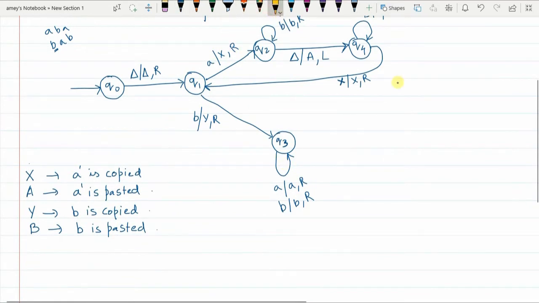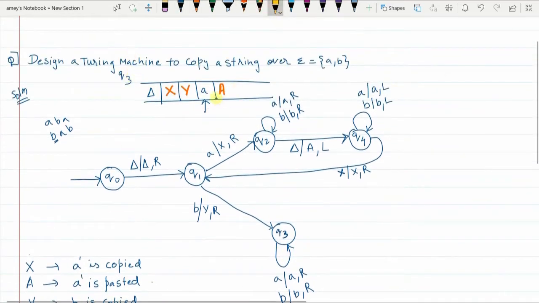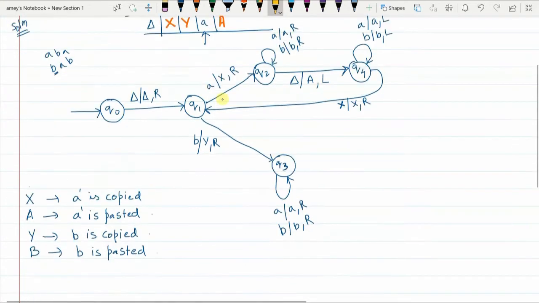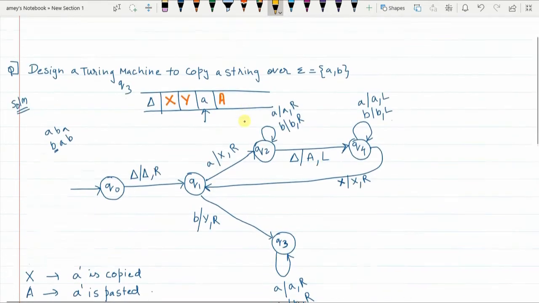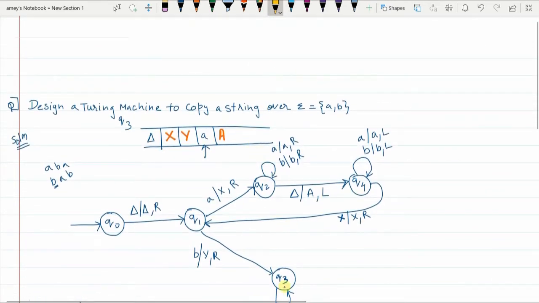So in Q3 state, small a's, small b's, whatever you get, you are going to ignore. Similarly, you might also get capital A's and capital B's, and those also you will have to ignore. So if capital A is encountered, A will be replaced with itself, and the pointer moves to the right. Similarly, if capital B is encountered, B will be replaced with itself, and the pointer moves to the right. Similarly, for this also, if capital A is encountered, A will be replaced with itself, pointer moves to the right.